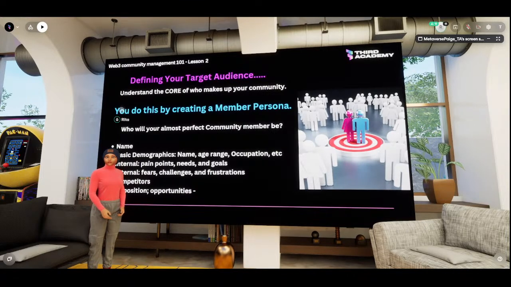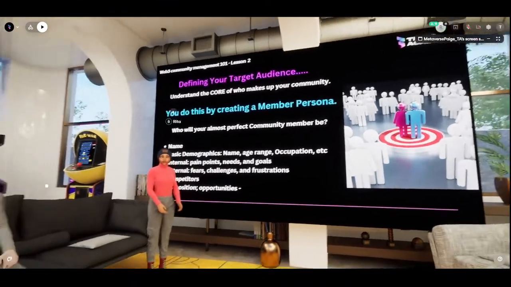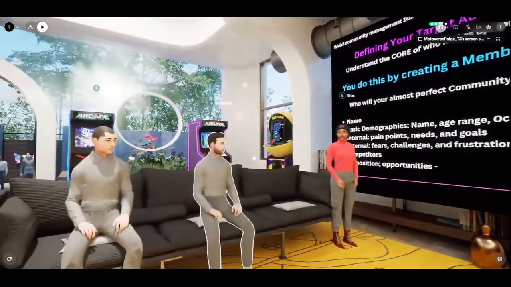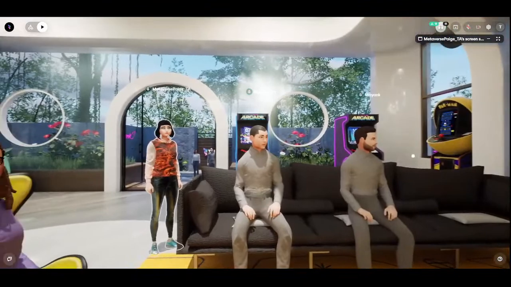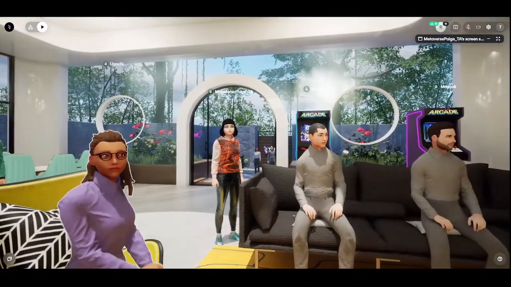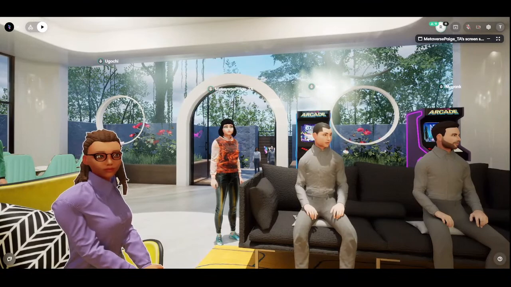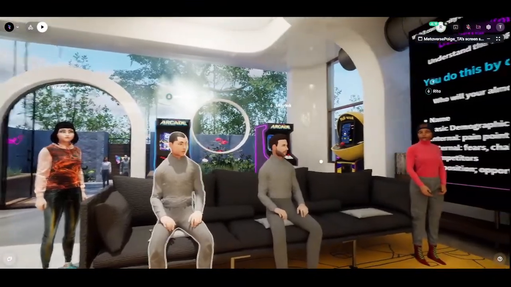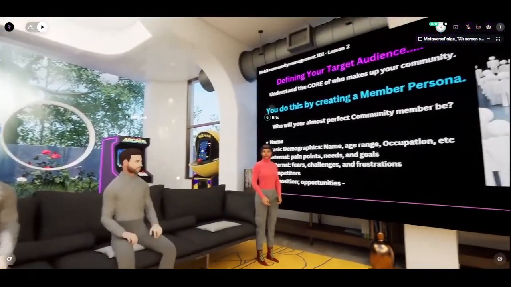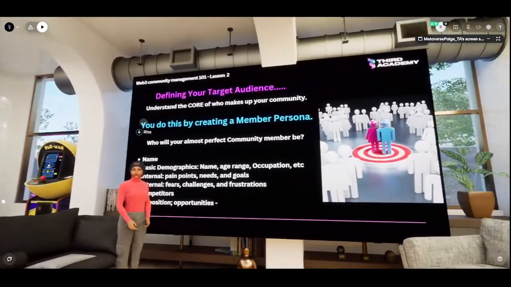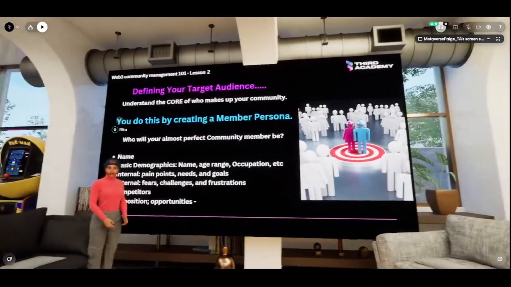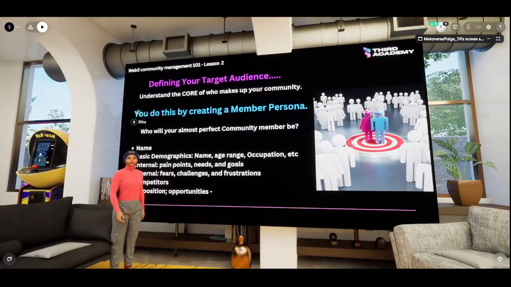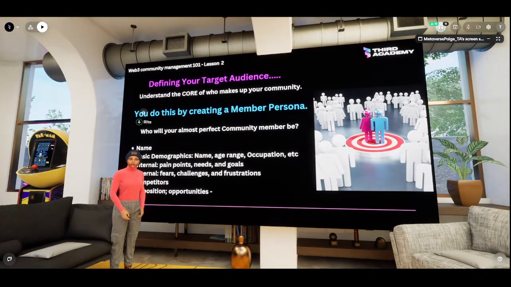Now, another pain point that Rita has, or possibly has, is that she's currently feeling overwhelmed by the complexity of Web3, right? So as the founder or CEO, or let's say as I'm creating Third Academy, or as a community manager of Third Academy, I understand that one of the pain points that my community has is they are feeling overwhelmed by the complexity. And the second thing is there's a lack of depth of knowledge about Web3, or Web3 education. And then the final pain point that Rita has is she doesn't know where to start with her Web3 career. She doesn't know where to start being a Web3 marketer.